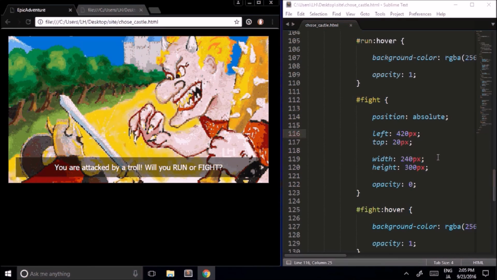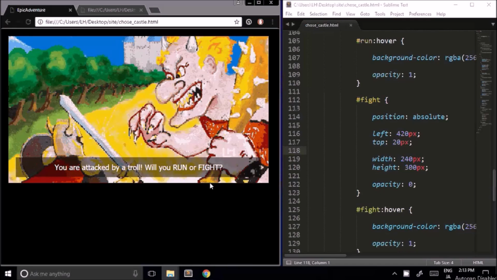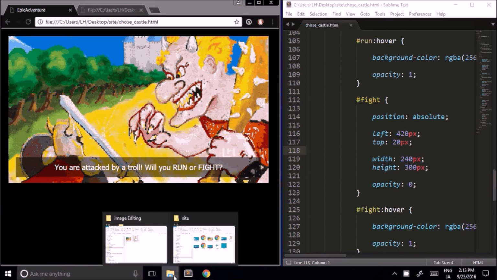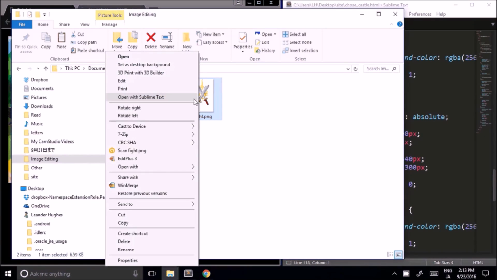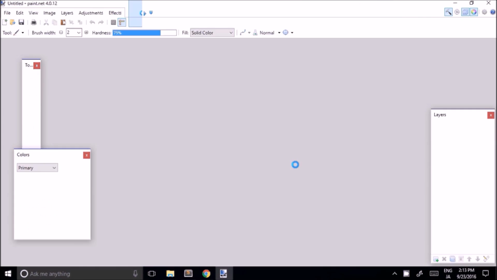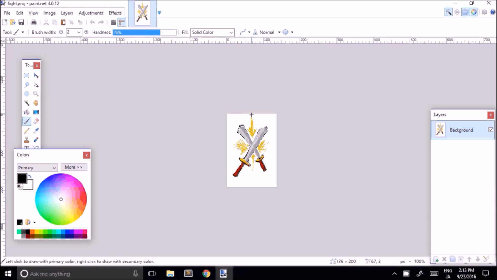And change its position a little. By the way, if you're wondering how I made the backgrounds of these PNGs transparent, what I did was I used the program paint.net, and I'll put the link to this program down below. It's free. And so I had the image in paint.net, and I used this magic wand tool to highlight the